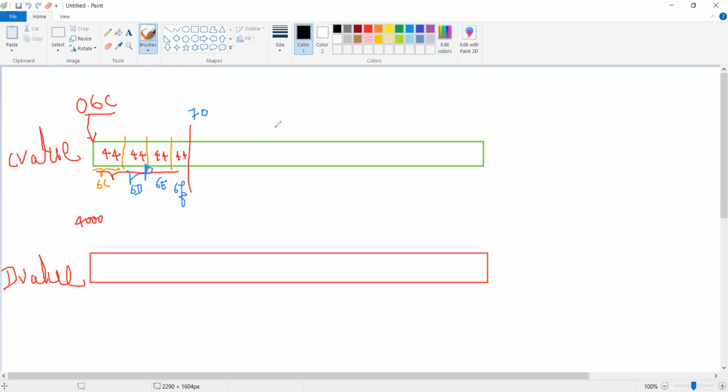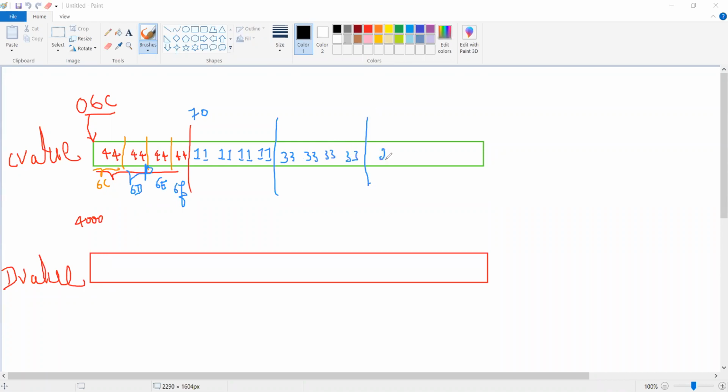Coming back to this, next I will store a 32-bit number, 11 like this. This is the second value. The next value is 33, again 33, again 33 and 33.